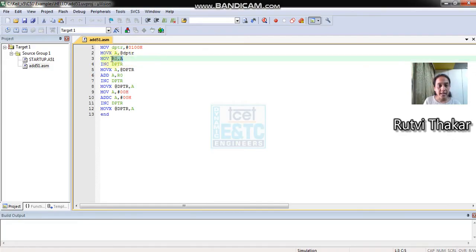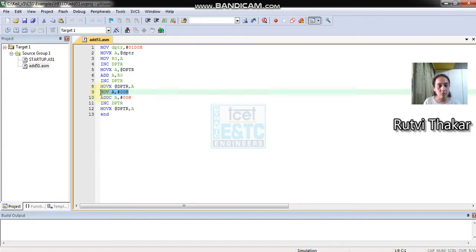I have to move A to R0 because external memory data can be taken from DPTR only to the accumulator. So I am doing MOVX A, @DPTR. Once both the data is there, one data I have stored in R0, the second data I'll keep in the accumulator itself. So I can directly do the addition of two 8-bit numbers, which is ADD A, R0. I'll increment the DPTR to store the answer back to the external memory. So I'll do the reverse of what I have done, MOVX @DPTR, A. That means whatever the addition of A and R0 is, it will be stored in the accumulator and the answer can be moved from A.